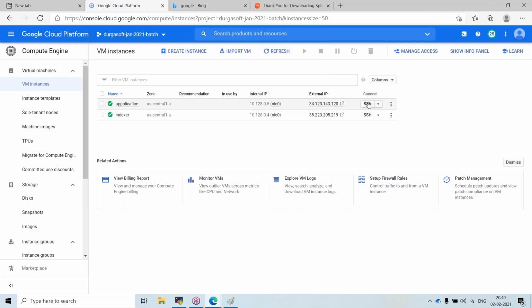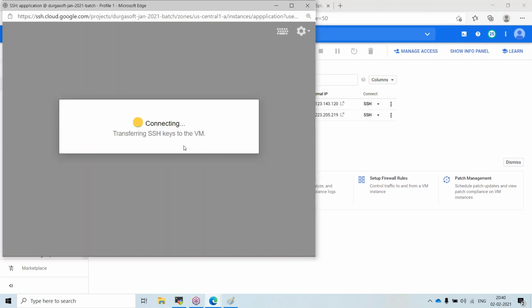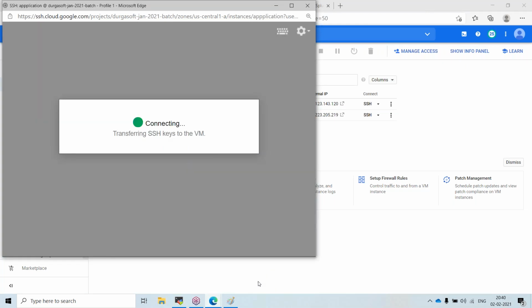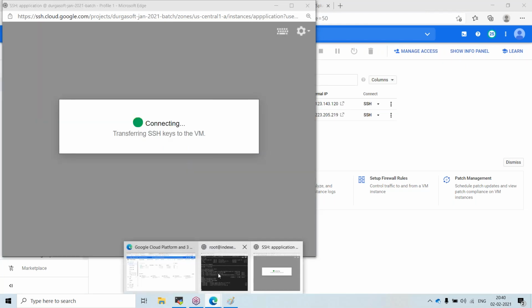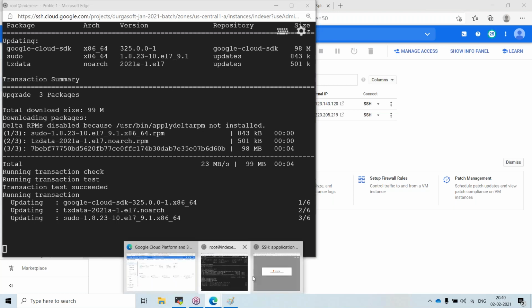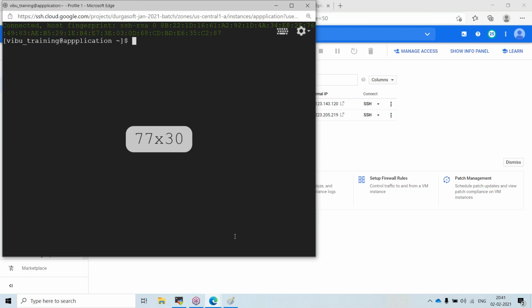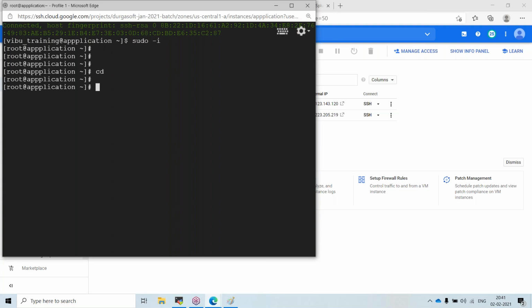Meanwhile I will issue the same package update, because it will take some time. sudo -i, I'll get the root access, then yum update -y.